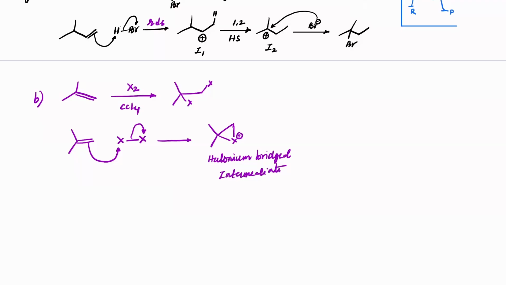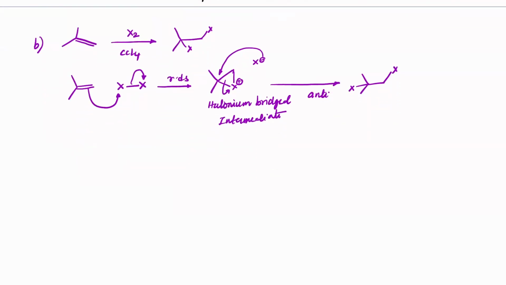So this is the type of intermediate you will get. This is the rate determining step. And once you get that, the second X minus will always attack on the more substituted position. So overall this makes it an anti-addition. Hence, you will get one X here, the other X addition here. Which means, guys, suppose if stereochemistry is specifically given, that is, if the compound is given like this,